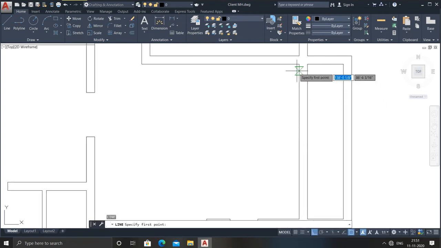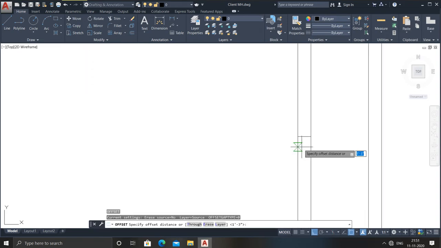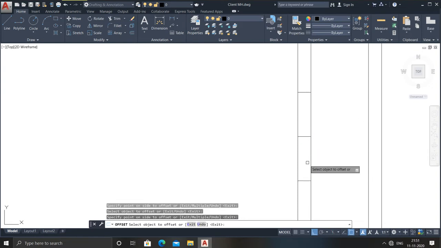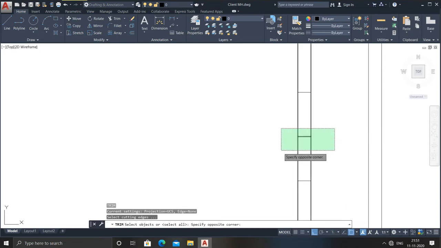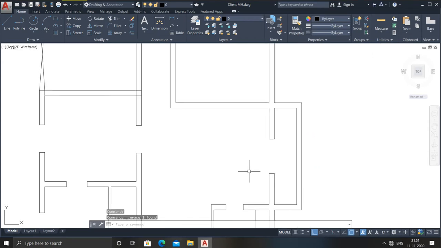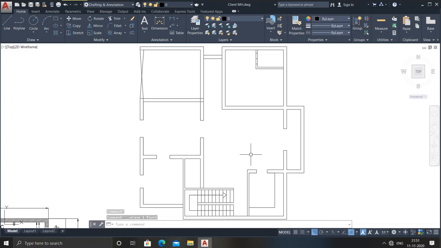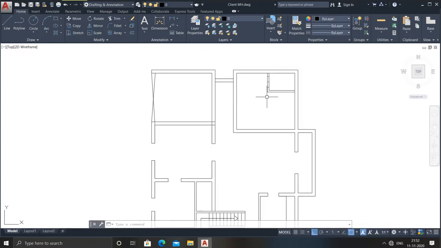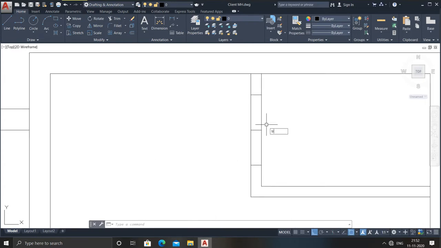So go for the line command. If you are getting your middle point, that will be very good for you. Go for the offset; I need to provide 5 feet. I need to keep it here. 5 feet means 2.5 feet from both sides. That will be my open space. If in your plan there are a lot of open spaces, that is very good for you. That is very helpful for air breezes in your house, and sun rays will enter your room in a very clear and gentle way, and that will really help you.